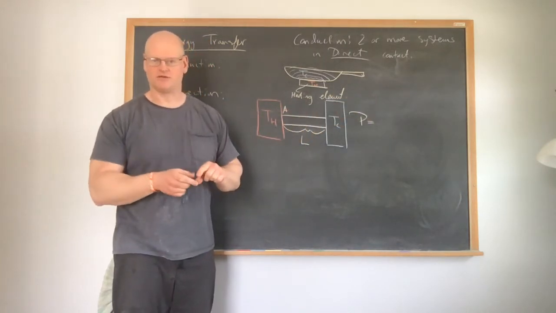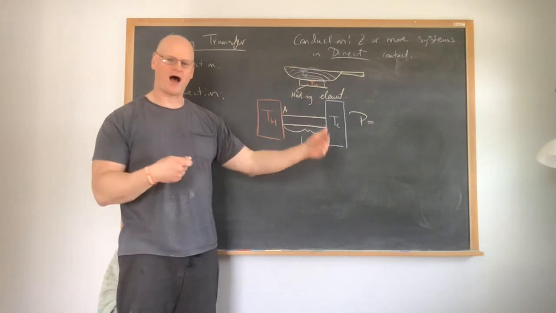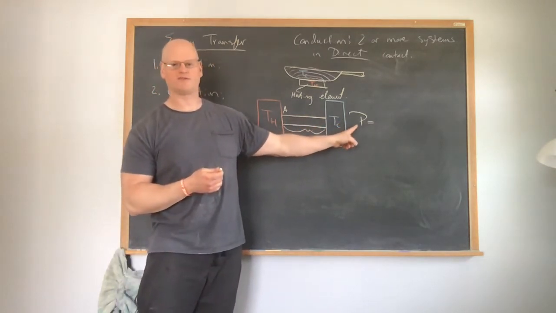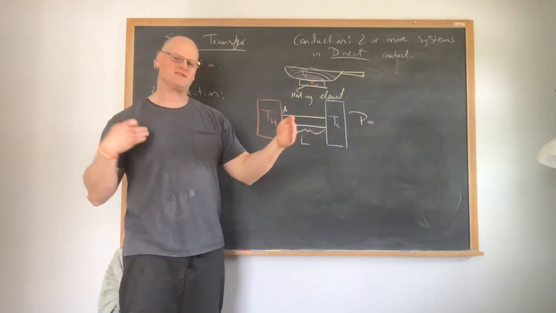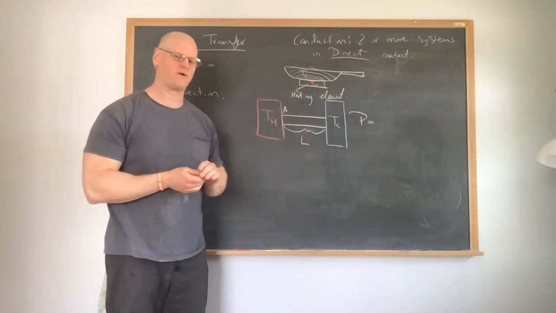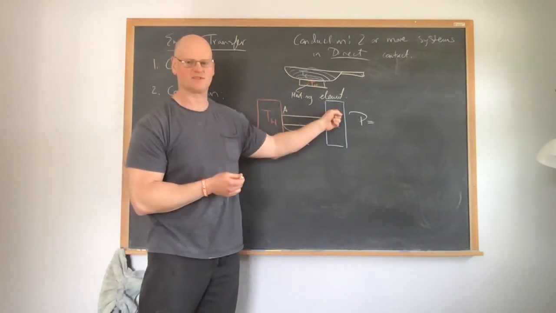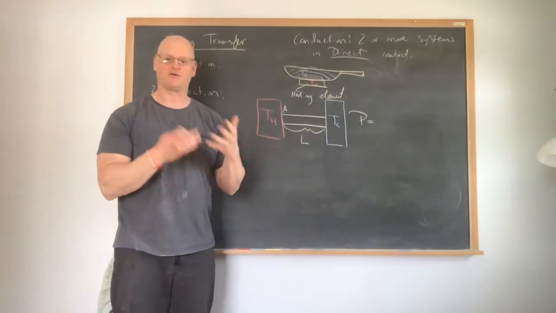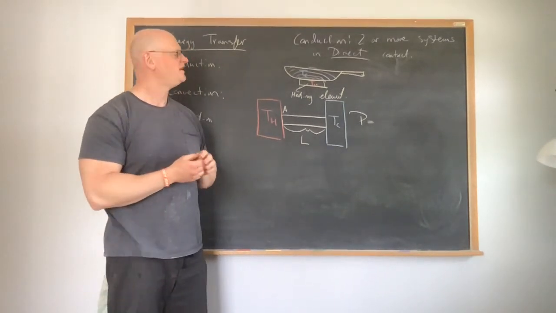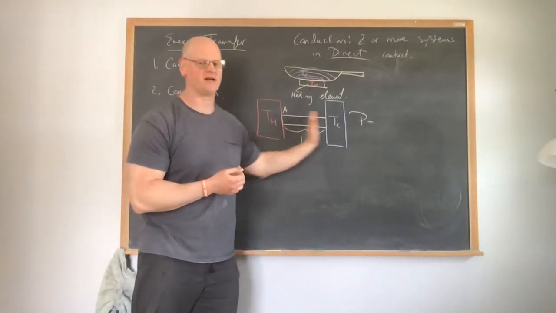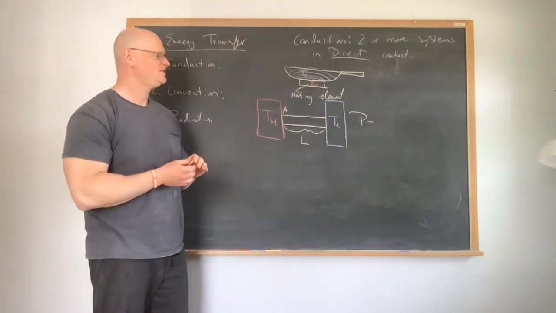So in the comments below, write what you think. If I increase the length of the rod, is that going to cause the power to increase or decrease? Meaning, is the rate at which energy is going to go from this hot source to this cold source going to increase or decrease? Is that energy going to move faster or slower? So in the comments, right,